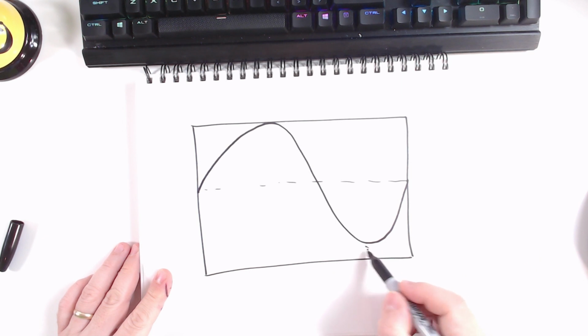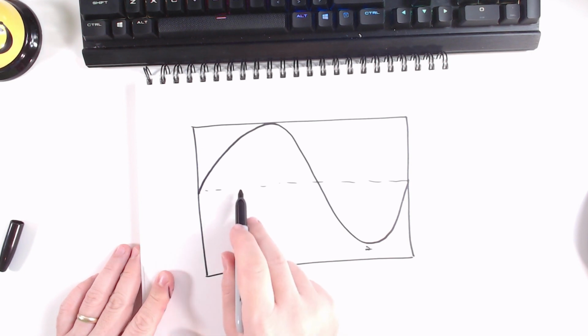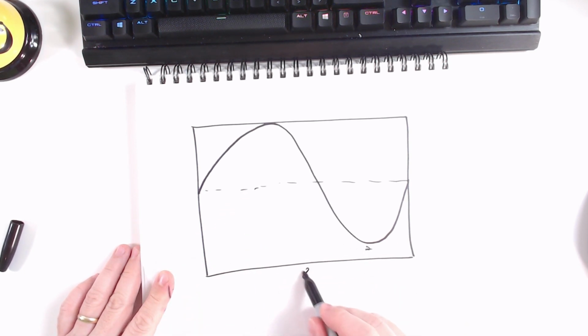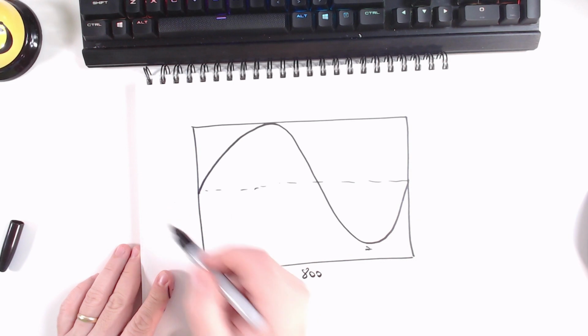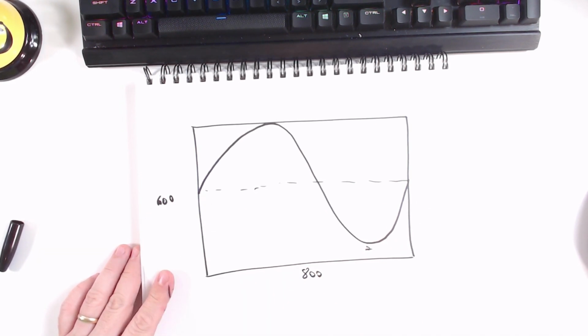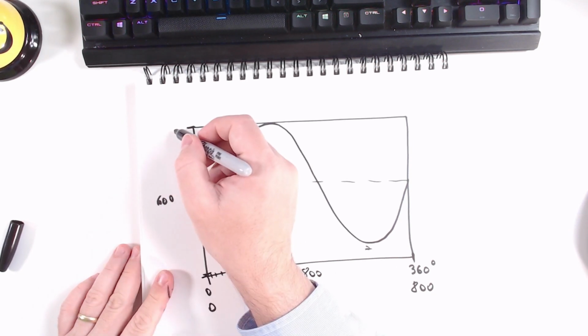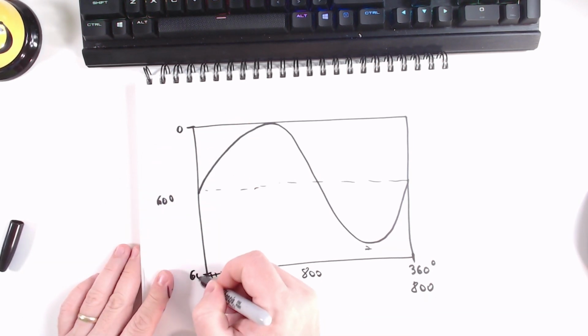Oops, I should not touch the bottom here. So, we know already that the canvas has 800 pixels on horizontal and 600 pixels on vertical. So we need to somehow map. When we do it in degrees, we want to map all the 0 to 360 degrees into 0 to 800 pixels on horizontal, right? And on vertical, we want to go from 0 to 600 pixels basically and map it